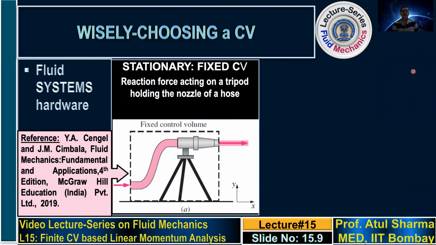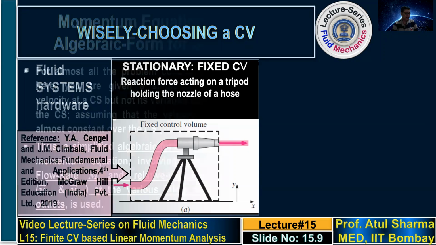So after presenting the Reynolds transport theorem, first as an integral form and then as a simplified algebraic form, I have presented that force is equal to the net momentum flow rate going out of the control volume minus the momentum flow rate entering the control volume. Momentum flow rate is expressed as the product of mass flow rate and u velocity. To calculate Fx, we calculate the net x momentum flow rate going out of the control volume. To calculate Fy, I had presented